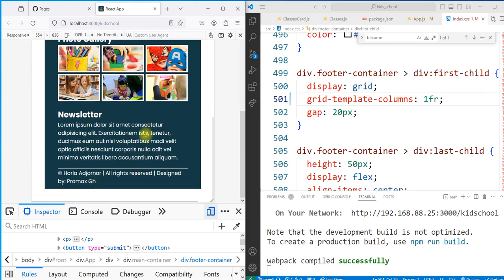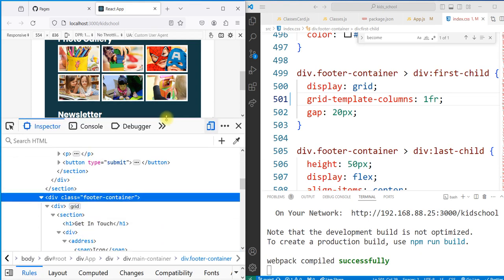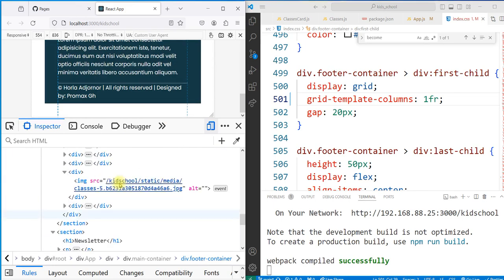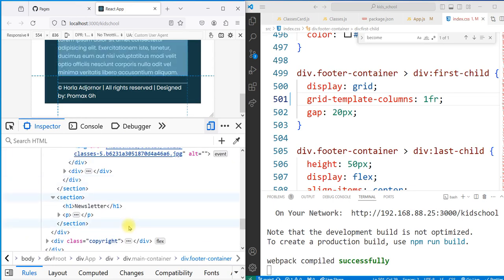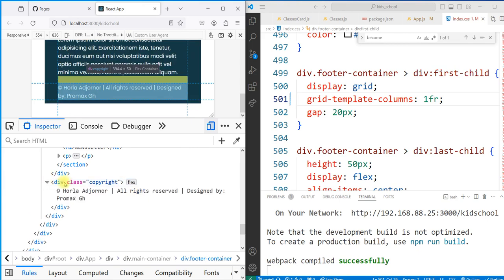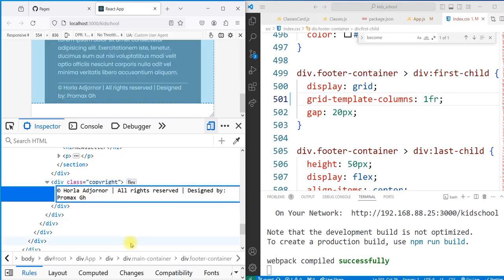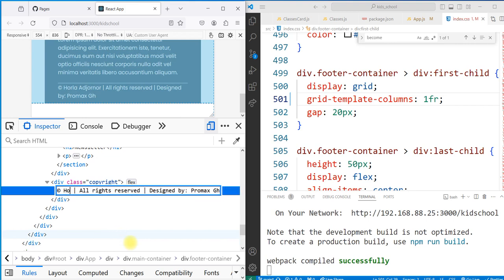Okay, so now let's rectify. All of you rectify this text at the bottom. So you go back to your HTML page, and then where it says copyright, this part, look for that and change it with your name. If you have a company, you can use the company name. That text is long enough, but then I think let me do all rights reserved for Promas GH,